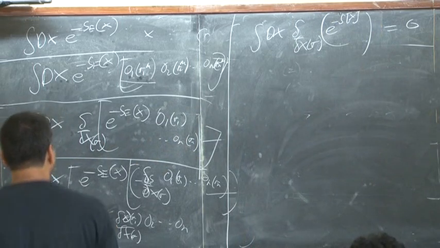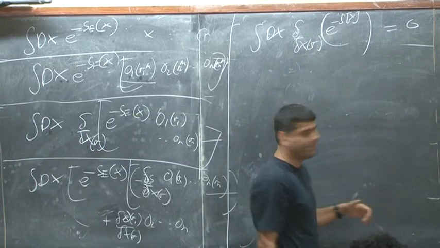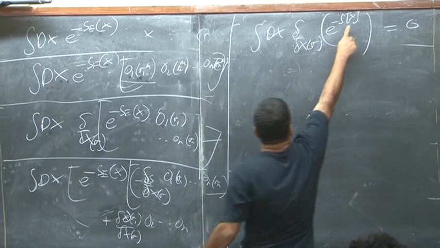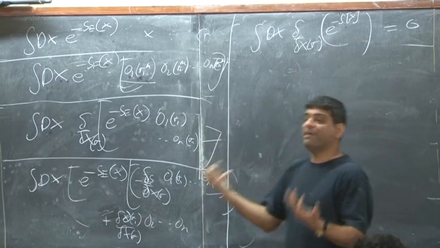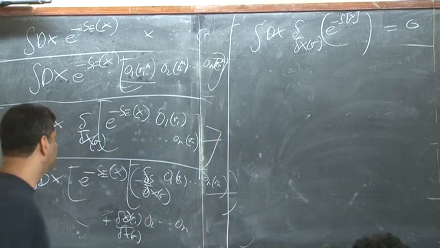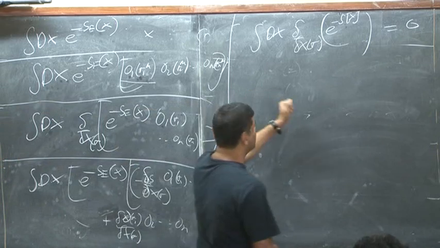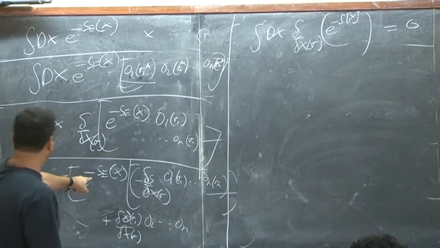Okay? So suppose I have no insertions at all in this action. Then what do I get? I only get what I get by varying this action. So what do I get by varying the action with respect to the field? It's the equation of motion. After some signs, which we might as well keep track of since we need them in the next exercise, we will get